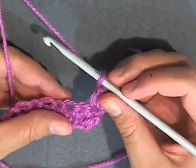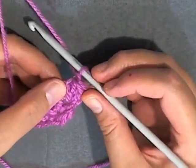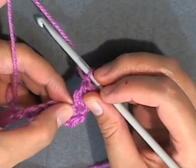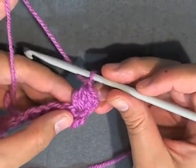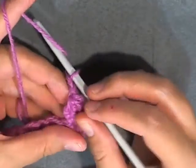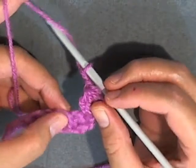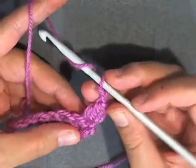Now I'm going to show you that again in slow-mo. And doing cluster, it's extra stitches, so you typically need to skip 1 to 2 stitches depending on how many clusters you have. For this one, I'm going to chain 1 and I'm going to skip 1 stitch because I'm only doing 3 clusters. So you yarn over,